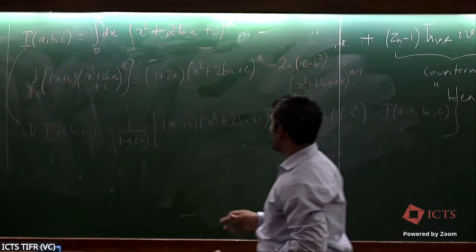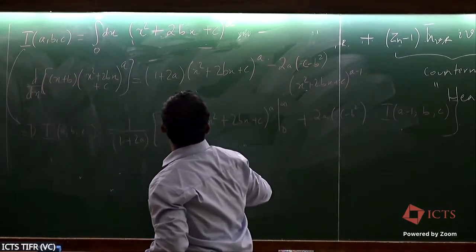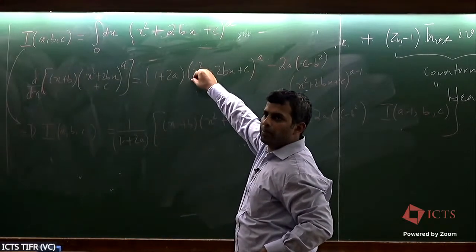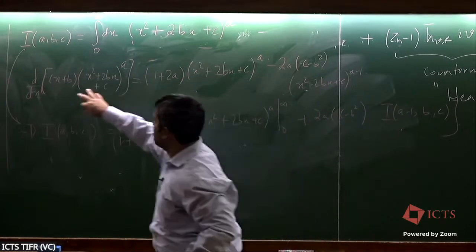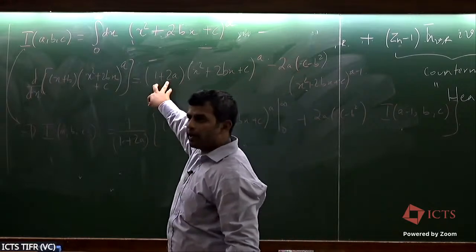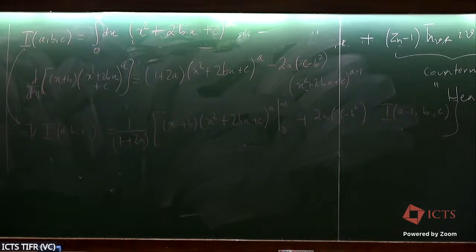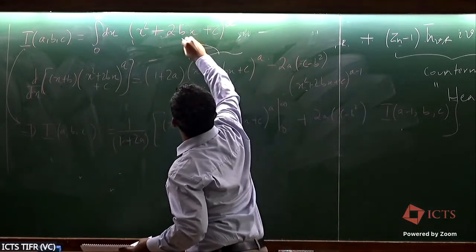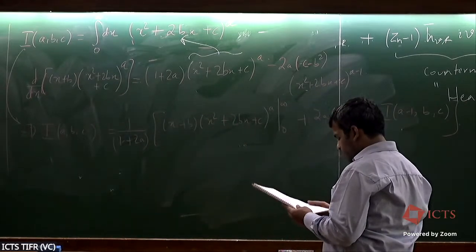I have not done anything else. I have used integration by parts here because this is my integrand that appears in my integral. I just express this as the total integral plus this term, and then divide by 1 by 2a. This is the identity that allows me to exploit that. If you do all of this and use the relation, what you really get is